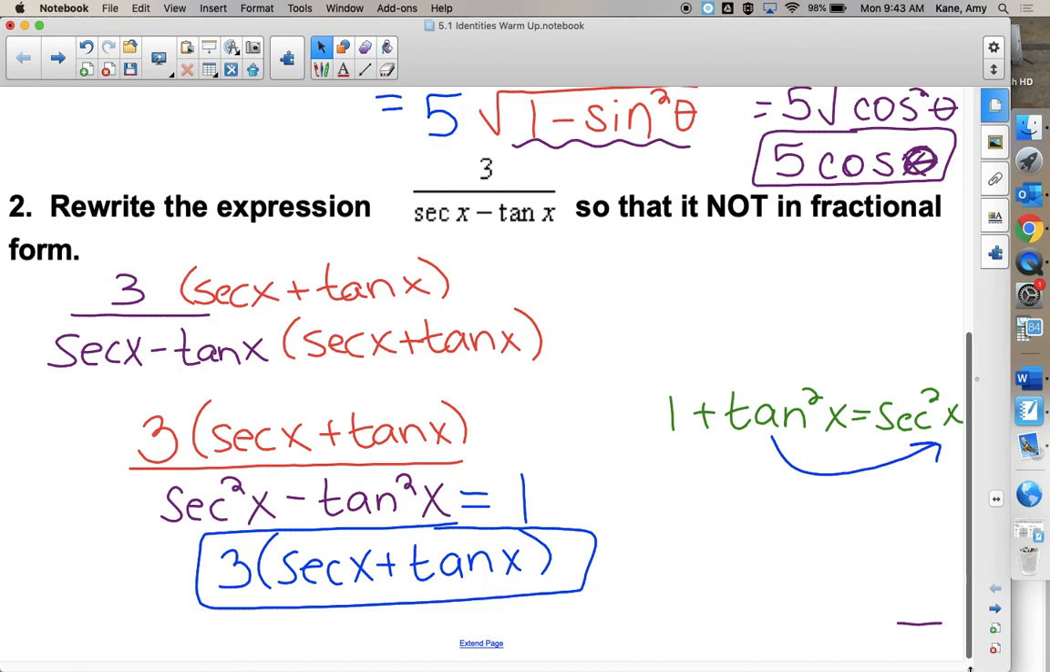Anybody interested in doing 17 or 20? Brenton and Dylan? 17 Brenton, Dylan 20. We need